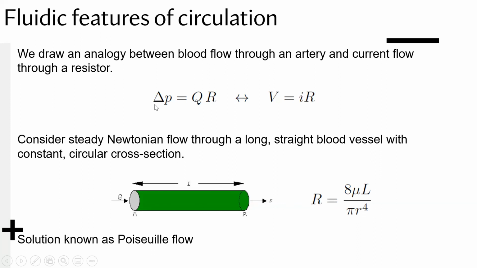Because you're going to have a greater pressure drop from the inlet to the outlet. If you have a 10-meter channel versus a 1-meter channel, of course, it's going to have a lot more pressure drop from the inlet to the outlet because you're going to have a lot more resistance. Similarly, if you reduce the radius, make it smaller and smaller,